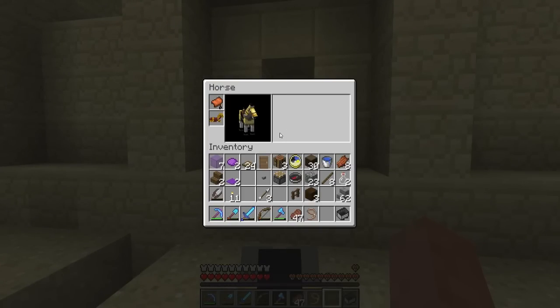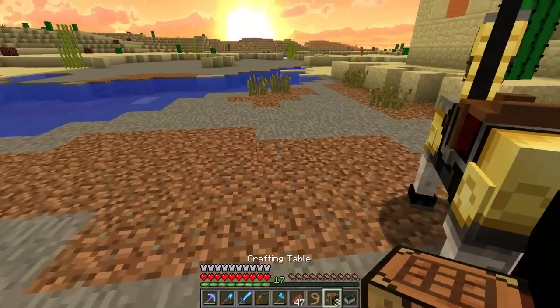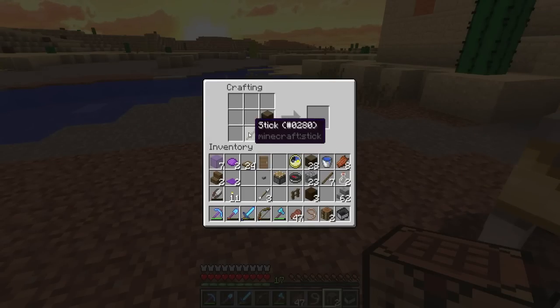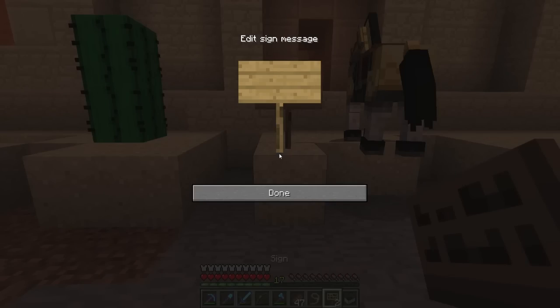Do I have any wool on me? Boy, that could sure be valuable. But this will be the future site. And what do we have as far as wood blocks? Is that it? I thought we had more than that. Okay. This will be the future site. Whoops, wrong. Of the... Don't go too far. Future? Goodness, spell. Site? Is it site, S-I-T-E? Or is it sight, S-I-G-H-T? Site of the